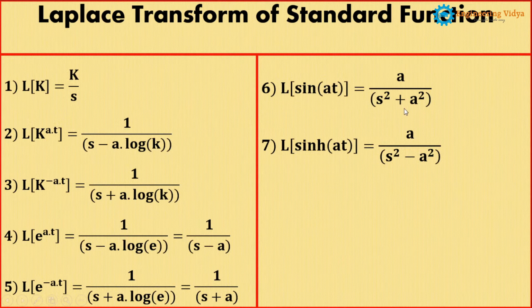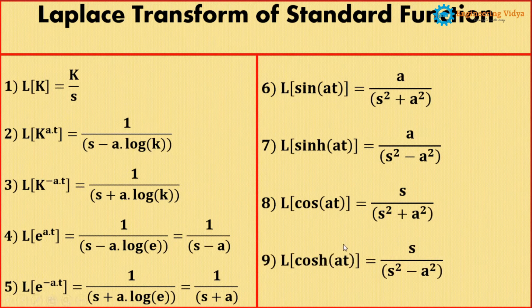In the normal function, a plus sign should be there in the denominator between the two terms, but here we'll get the minus. I hope this is understood. If you are going to find the Laplace transform of cos at, then the formula will be s upon s square plus a square. Similarly, for the Laplace transform of cosh at, since hyperbolic is coming, in the denominator we'll get the minus between s square and a square. I hope you understood this.